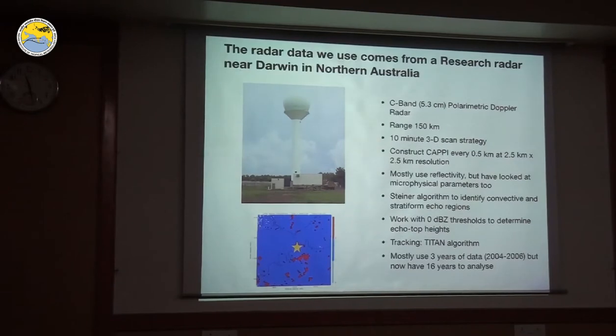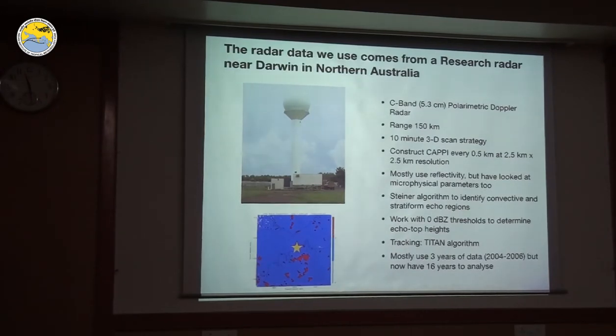We will be using in our study here a range of about 150 kilometers. It makes a 3D scan of the atmosphere every 10 minutes. We construct horizontal planes, which the radar enthusiasts know are called CAPPIs, but it doesn't matter for most of us. It's horizontal plane information every half kilometer in the atmosphere at 2.5 by 2.5 kilometer resolution. So each pixel you can look at is 2.5 kilometers wide. As you go closer to the radar, you can make 1 kilometer pixels, but we haven't done this in the